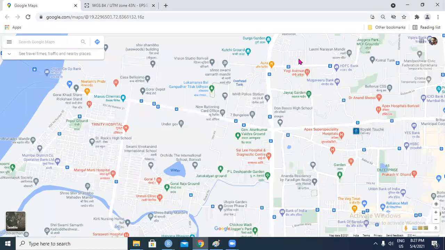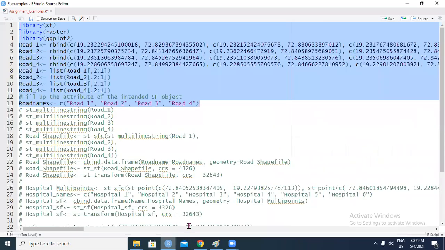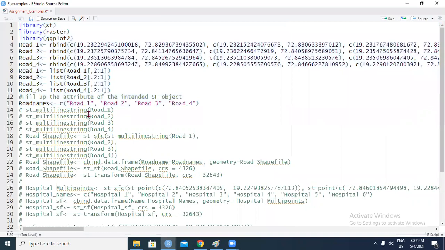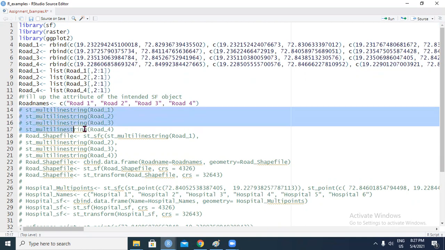So what we need to do now is create these lists into a multi-string, or a multi-line string. Forgive me for making that omission. So I'll just comment out the part of the code that does that, which is right here. So this I don't actually require.